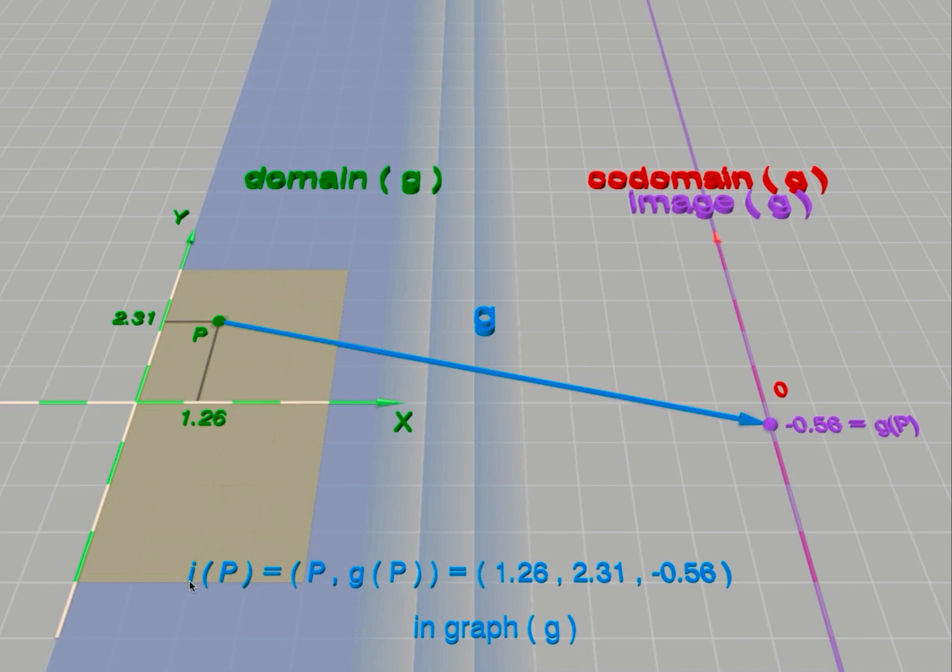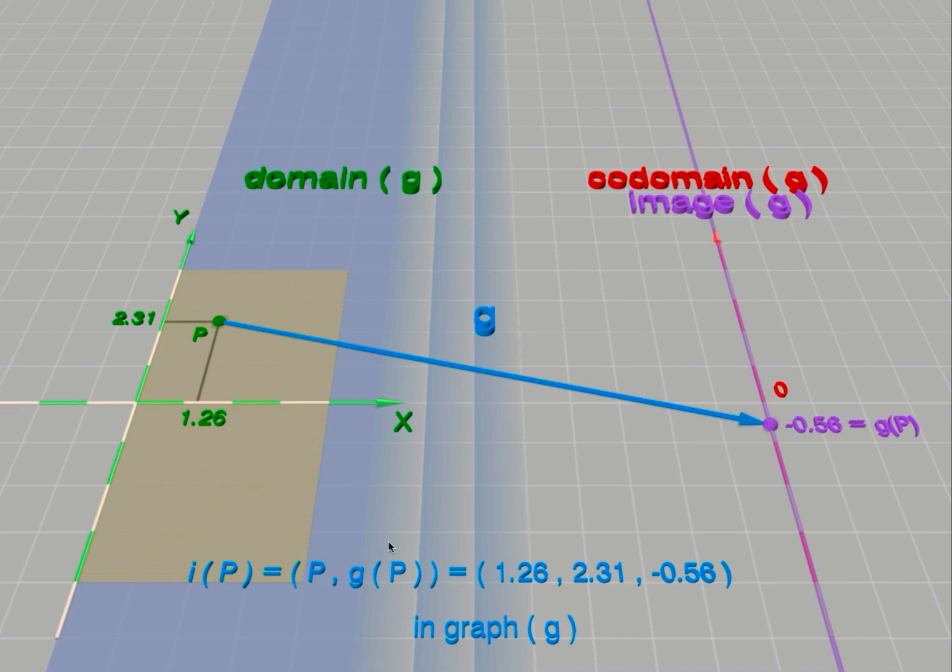I of p. Remember that I is one of the maps through which the function g factors. As we explained in a previous lecture, any function g can be factored through two maps. The first one we called I, and the second one we called Q. The set through which these maps factor is the graph of the map. So in this case, I goes from the domain to the graph of g, and by definition of I, if we apply I to p, an element in the domain, its image in the graph will be the following